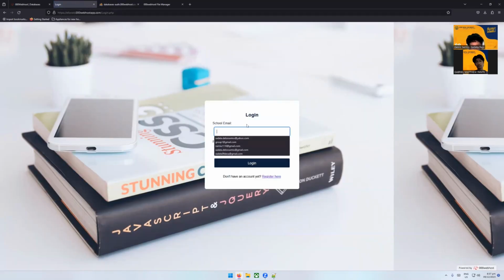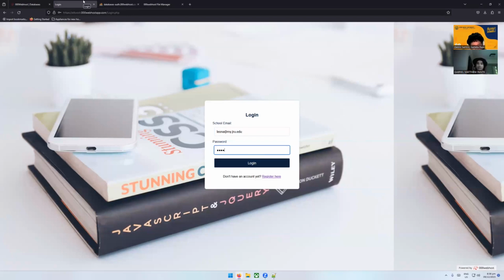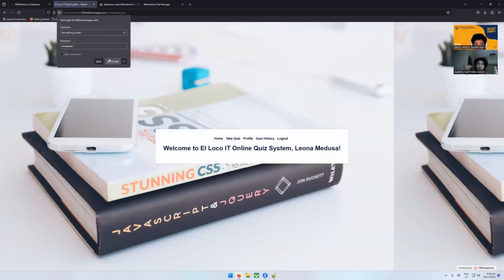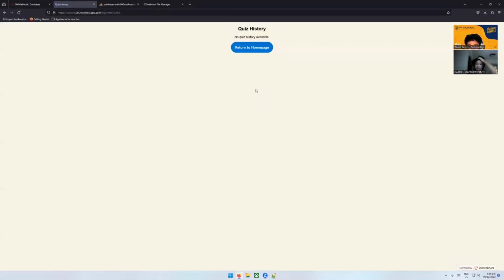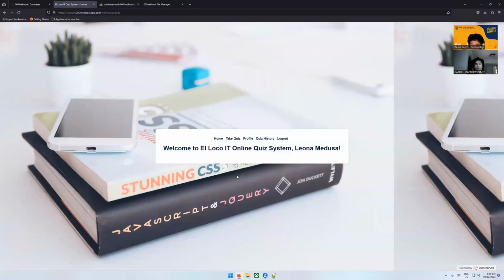And let's proceed to the login. My.gr.edu. Leona. Upon logging in as a student, they are greeted by a navigation menu of Home, Take Quiz, Profile, Quiz History. So let's start with the quiz history. The quiz history will say no quiz history available since the student is a newly created account and they must take the quiz first in order to see their